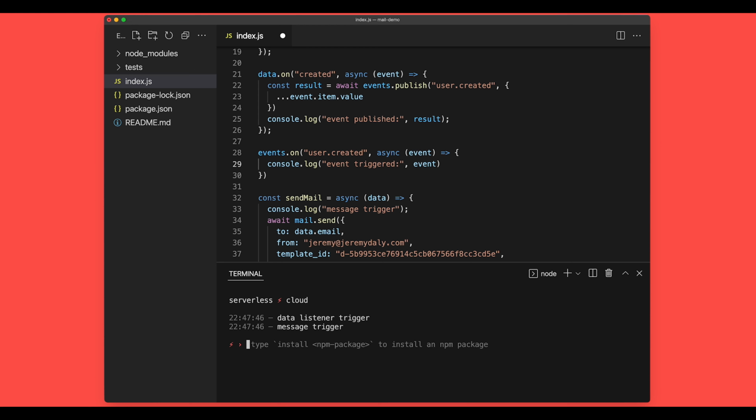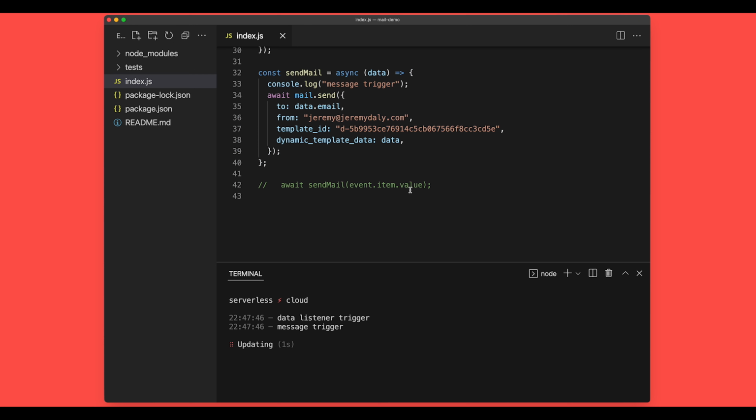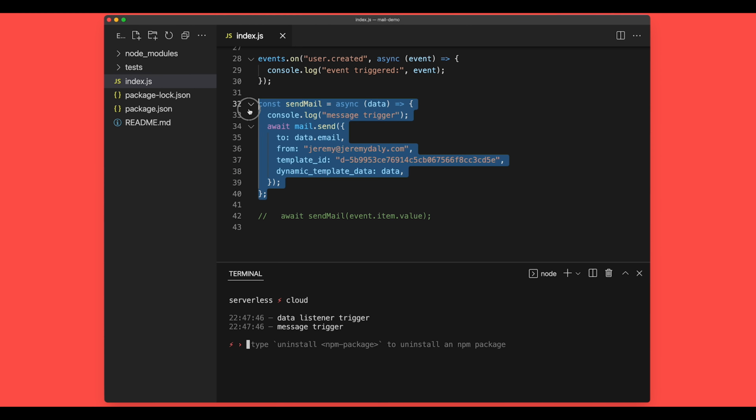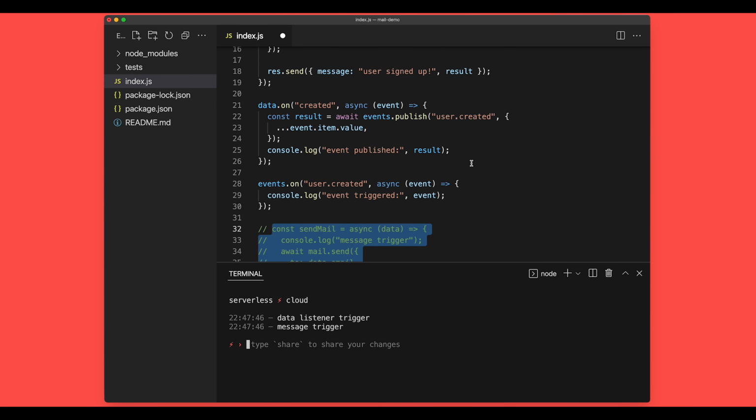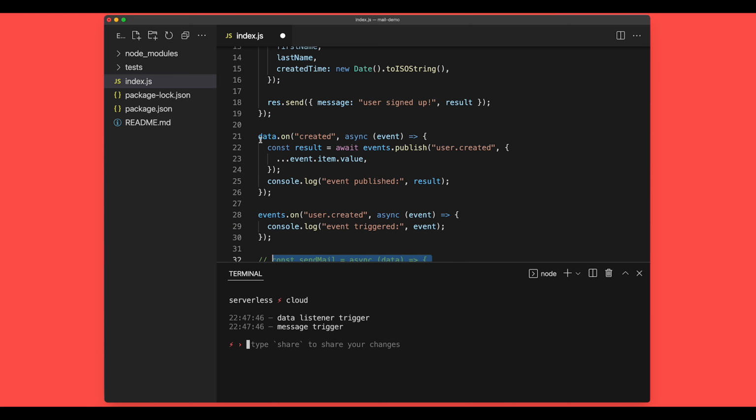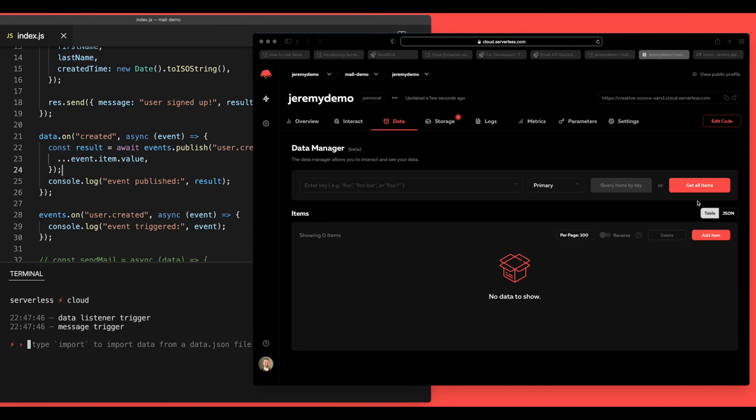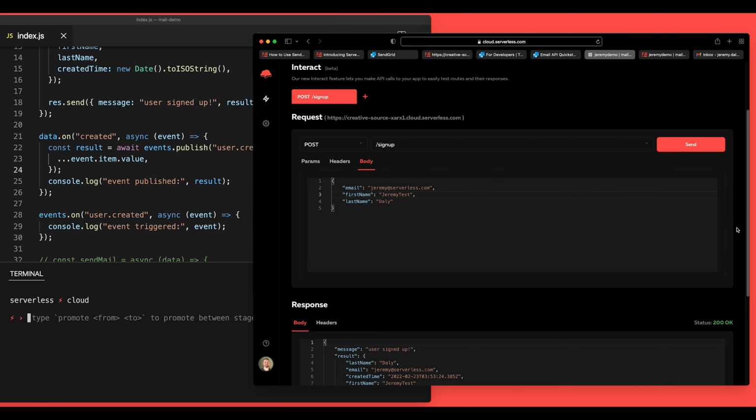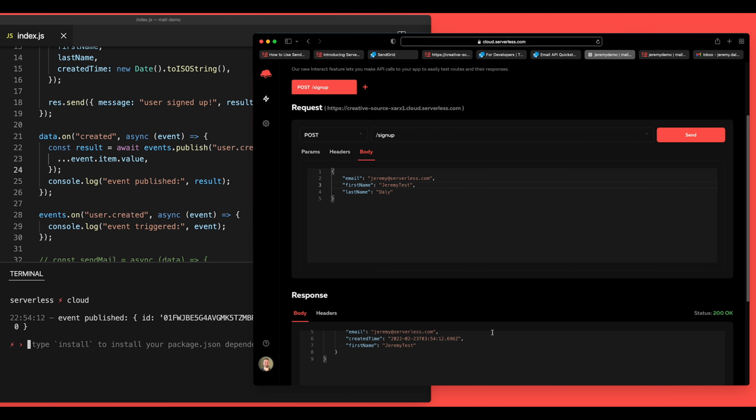Okay, so now we've got all these things in place. I'm going to go ahead and comment out the send mail again, just because we're not using it yet. And so we've got data.on. This goes ahead and publishes an event, and then we have an event listener that is triggered when that loads. So we will click save. This will sync. We'll go back over to our data and make sure that our record is gone, which it is. Jump over into our interact feature here, and we will go ahead and send this again,